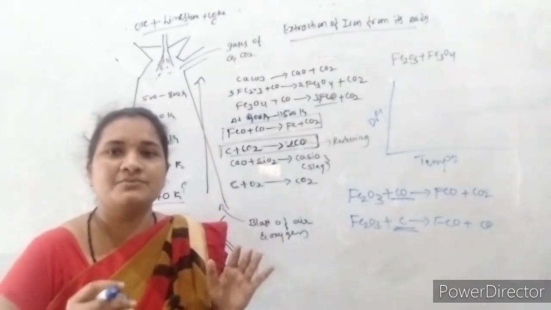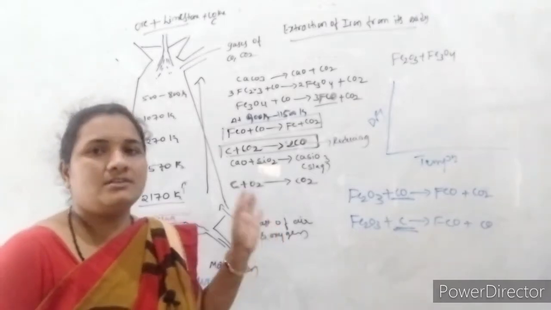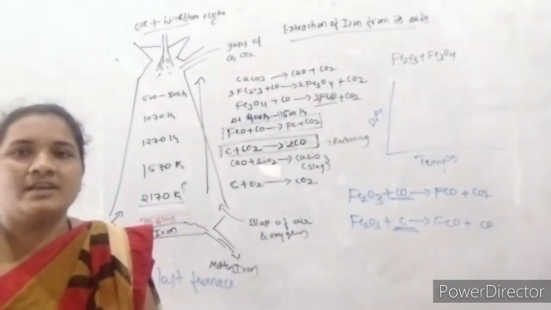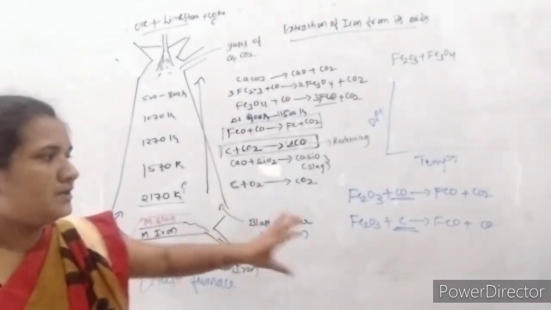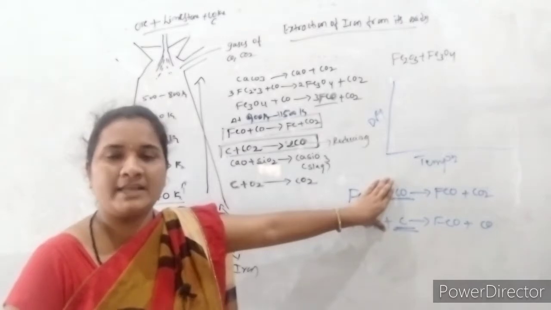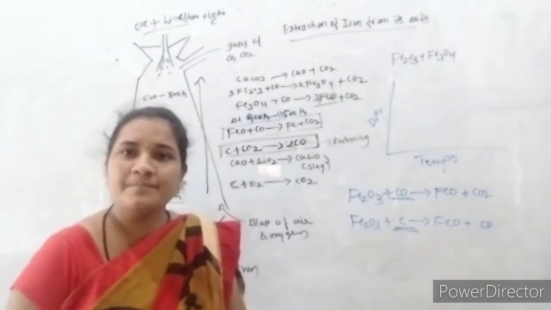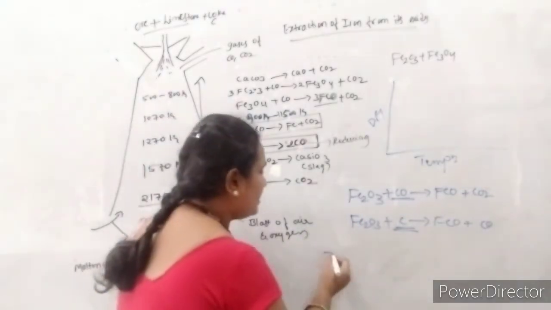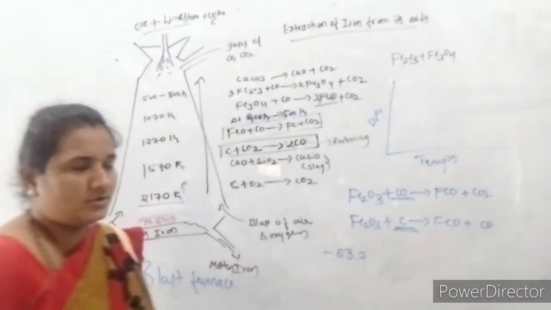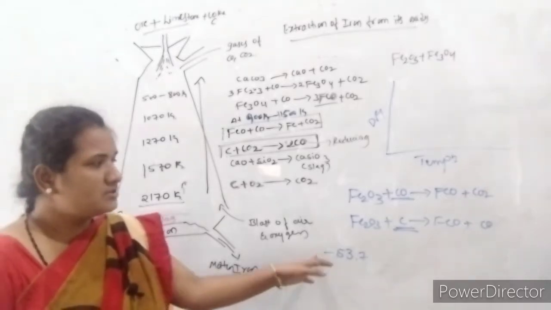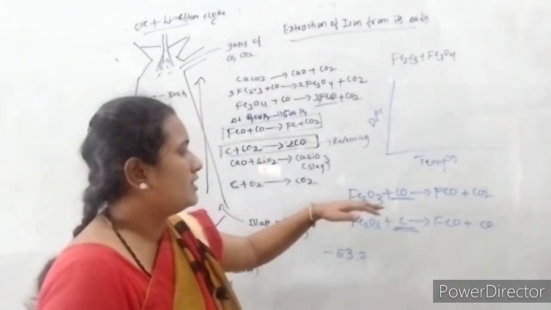Whenever the Gibbs free energy, the delta G of the reaction, is negative, then that reagent should be useful as the reducing agent, so the reaction should be very much feasible. Out of these two, the one with the more negative delta G value is used as the reducing agent. For carbon monoxide we get about minus 53.7 kilojoules of energy, so carbon monoxide is the most feasible reducing agent to reduce hematite